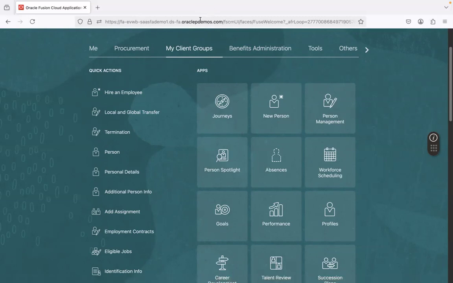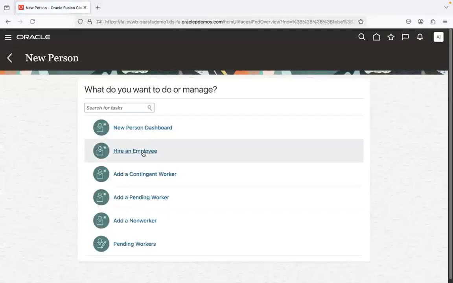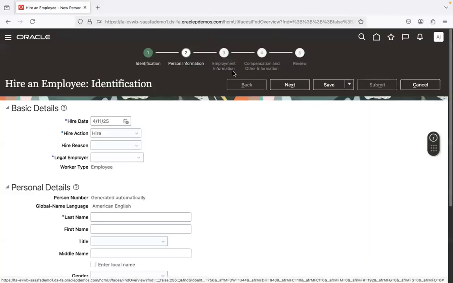Now let's assume that we are Anil and he needs to hire a couple of employees in the system. He goes into New Person. He can use a quick navigation option here, or he can also click on New Person here. And he can try to hire an employee. And when he tries to hire an employee, what is it that we have to do, guys? Right within the home page itself,